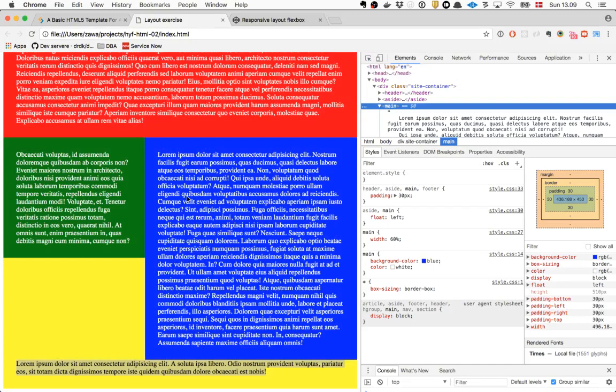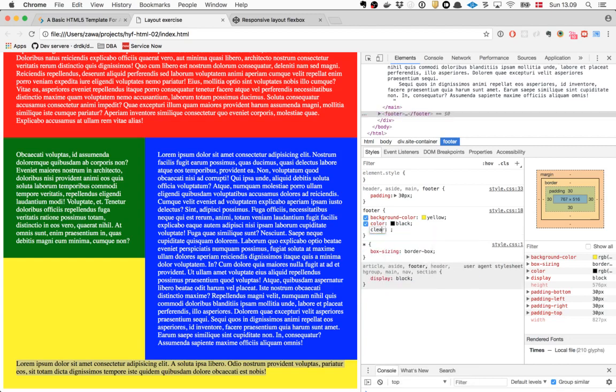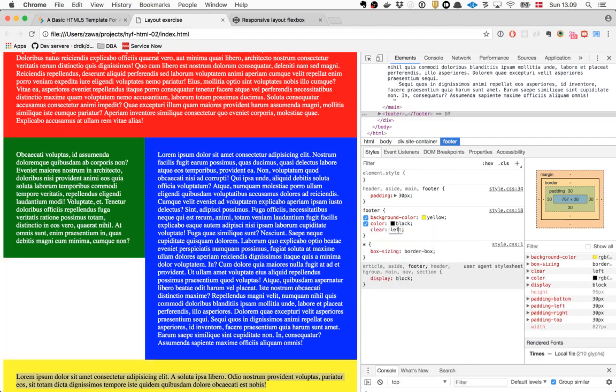So what we need to do is something called clear fixing. The way we do it is we can go down here on the yellow one. Now I'm just going to try it out in the browser before we do it in code. So we can go down on the yellow one, and then we can do clear, and then left.